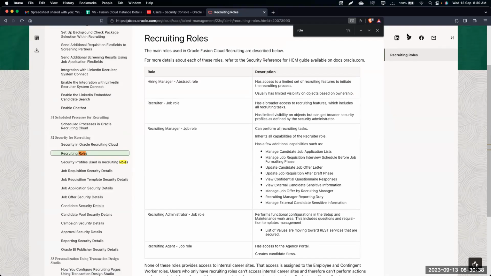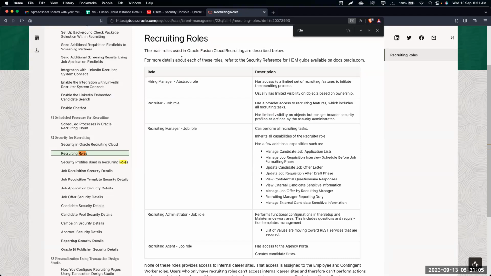I saw the guide, but it has more of the name of the role, not the internal codes. And within this hiring manager role itself, there will be many actions, and if any actions we need to remove or keep, then... Okay, you're talking from the privilege perspective. I don't think you can find that anywhere. You have to create your own.